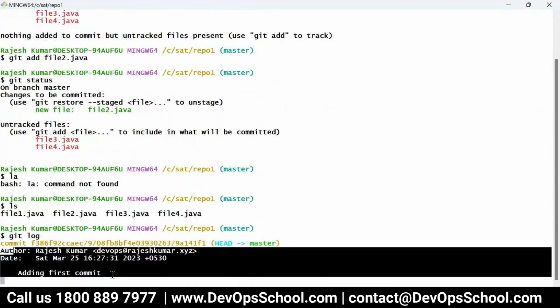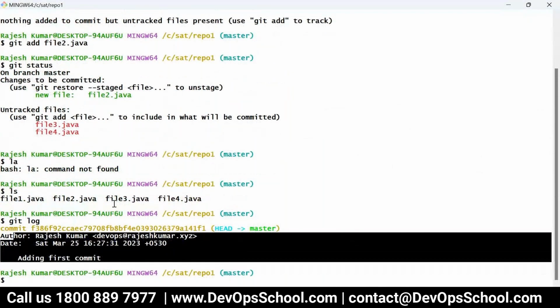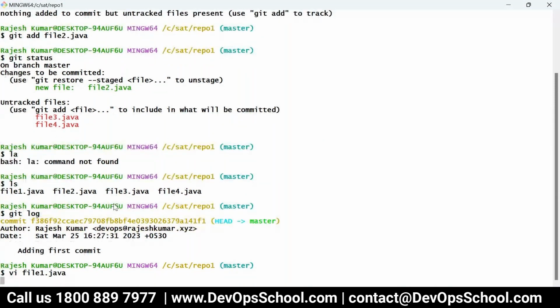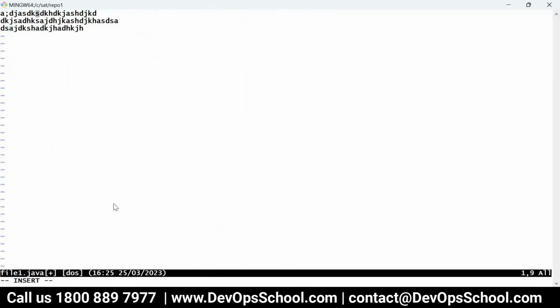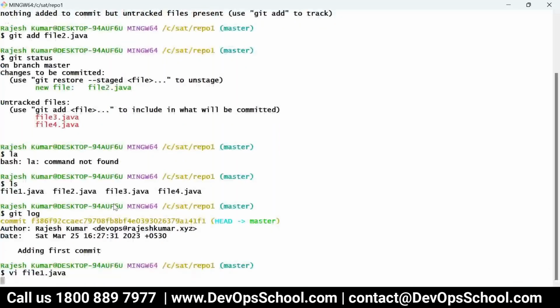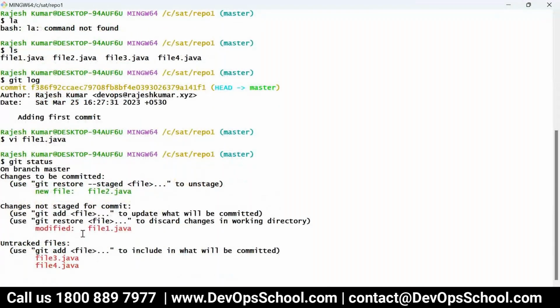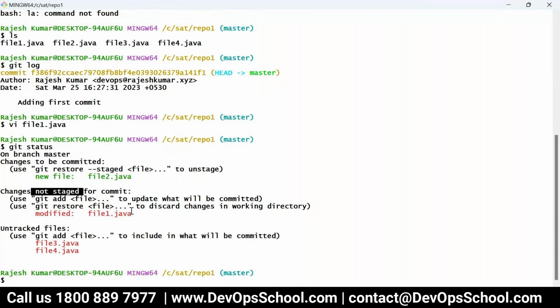Now let's say you modify file1.java again. These are the next changes, and I'm adding some more code. Add it, commit. Now if you run git status after I modify the file, you'll see this file is not staged.